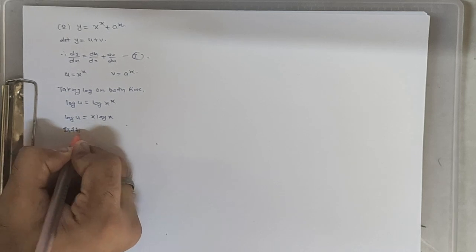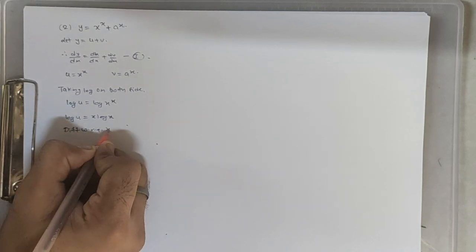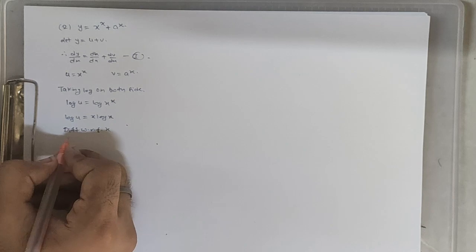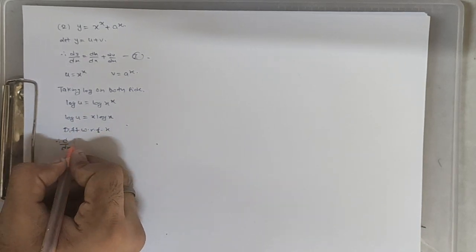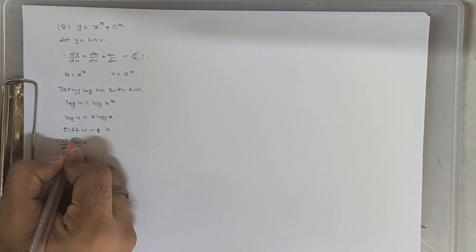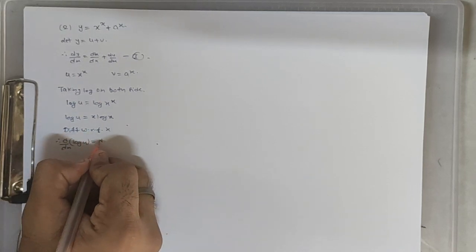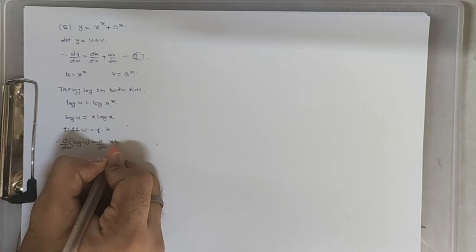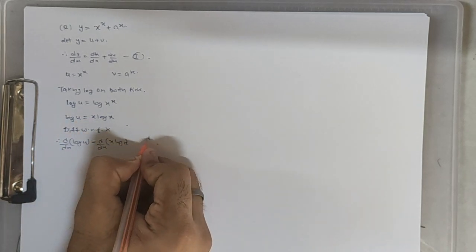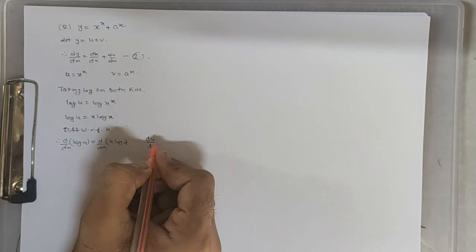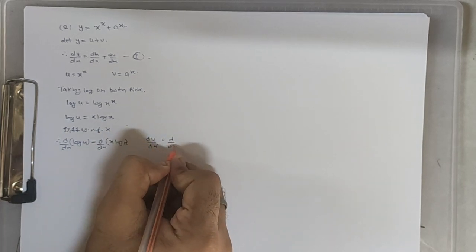Differentiating with respect to x, differentiation of log u is equal to differentiation of x into log x, and differentiating v with respect to x